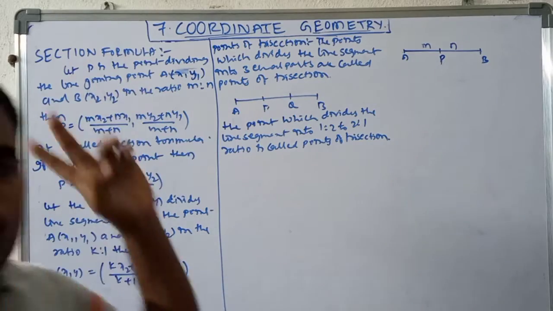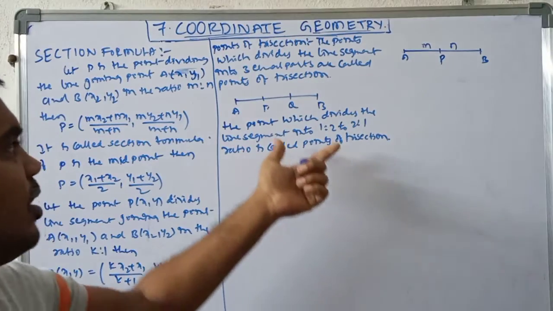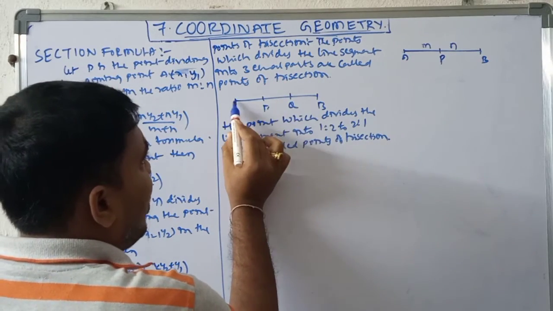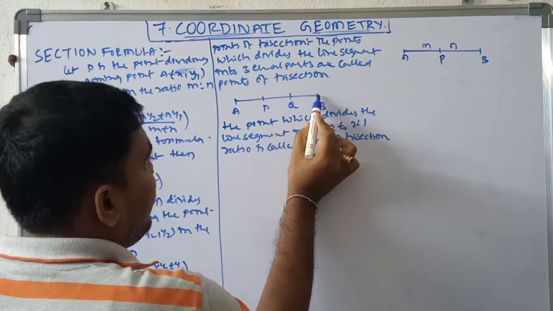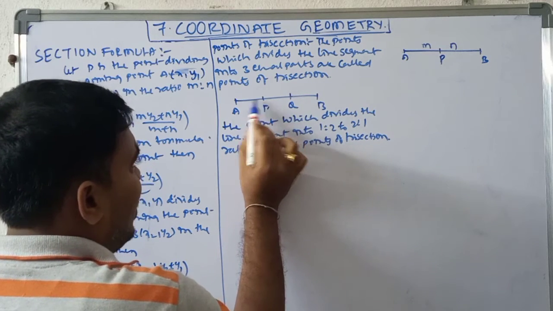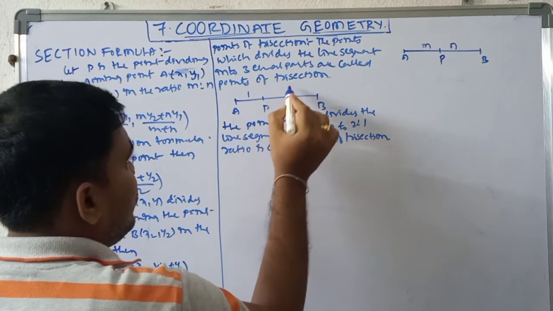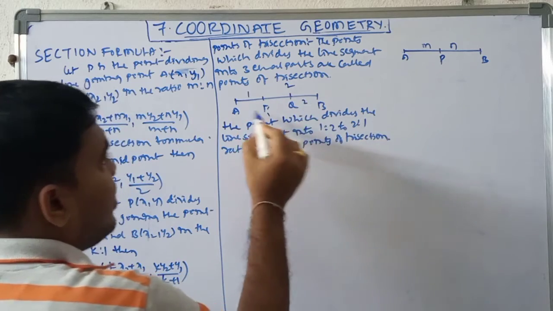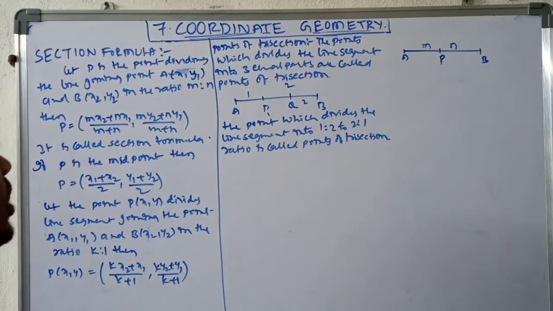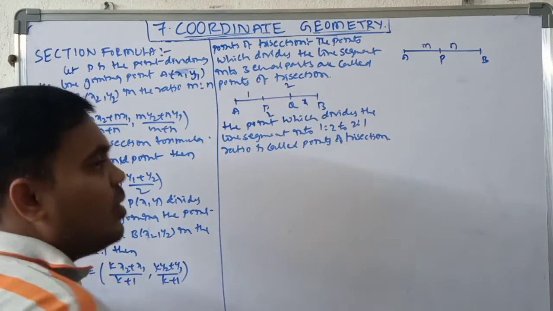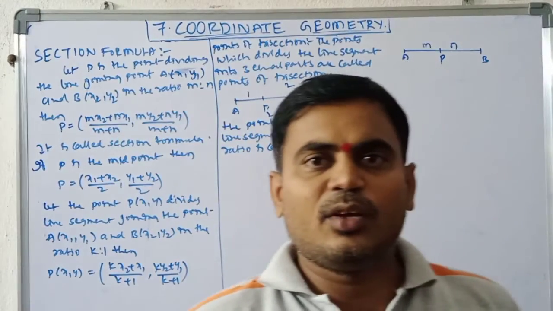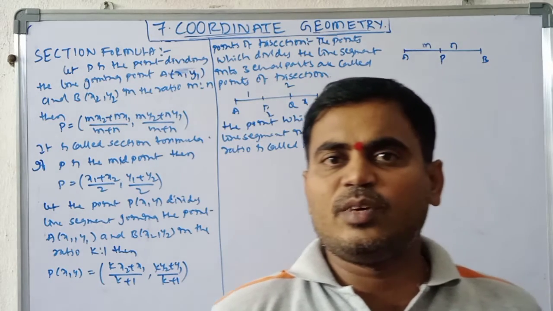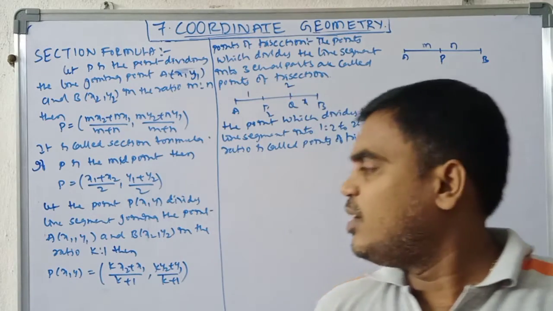So to find the points of trisection, we use this condition. This one equals this one equals this one, each one part. So to P, left side 1, right side 2, so 1:2. To Q, left side 2, right side 1. The points P and Q dividing AB in the ratio 1:2 or 2:1 are called points of trisection.